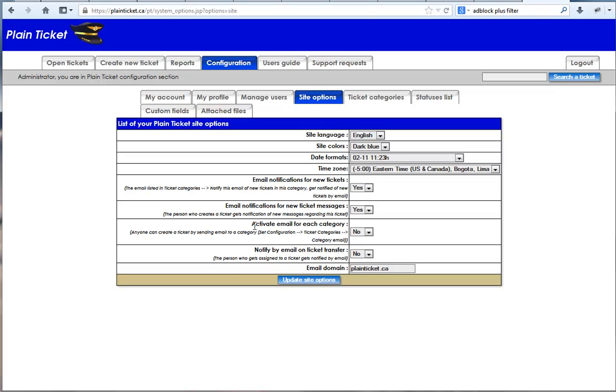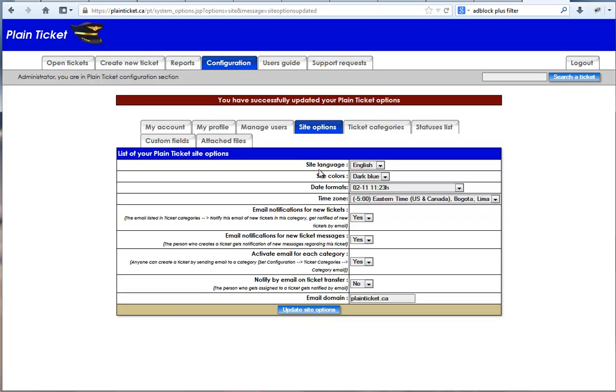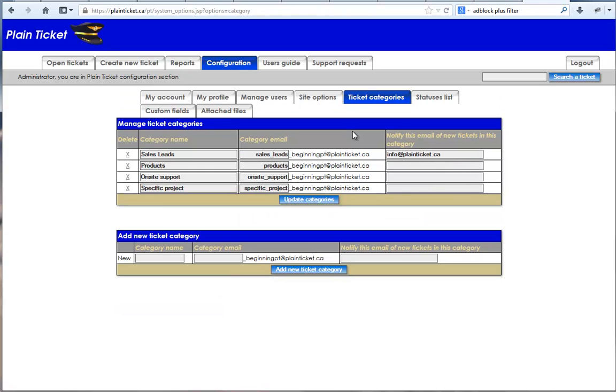Now on the third option, activate email for each category. Not to be confused with the first option. If I activate email for each category, this is again going to change the ticket categories page. Let's go there for a minute. Now you see that there's a third column which has been added. It's the column in the middle, which is called category email. So for each category you've got in Plane Ticket, there's an email address that has been created. For example, sales lead now has an email which is